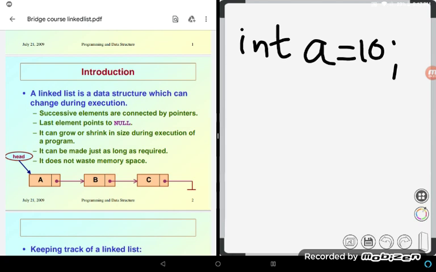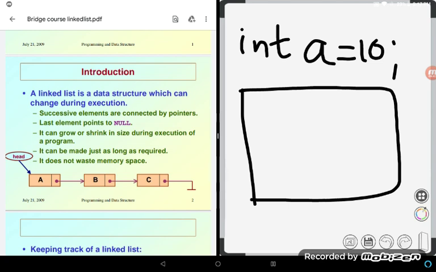If the bigger rectangle is the memory, then the statement tells the compiler to allocate a location for the integer variable a and put the value 10 in that location.